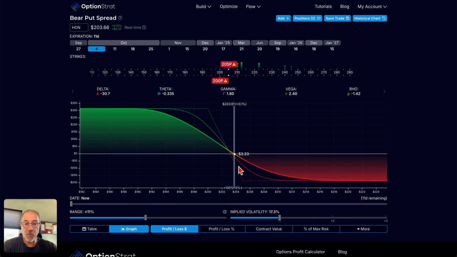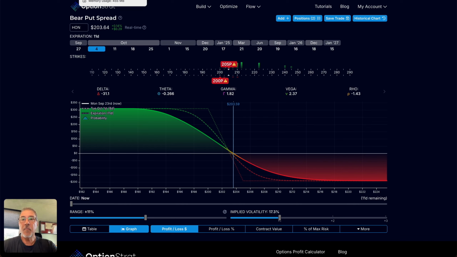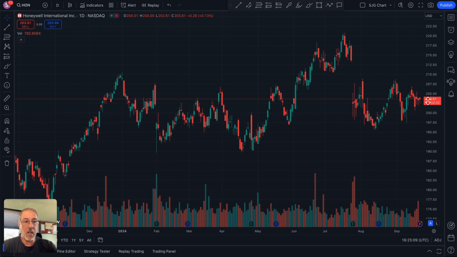What I am going to look for, though, is in the next few days, if this trade does not start going in my favor by, say, this Thursday or Friday, if we're still in this general range, maybe even a little bit higher, maybe up here to 206, I will look at pulling the plug on this trade, making the assessment that my assumption maybe was not a correct assumption. In other words, based on looking at this chart, my thinking is that Honeywell should maybe start to fall a little bit fairly soon. If it does not, then my assumption was wrong and I just need to be